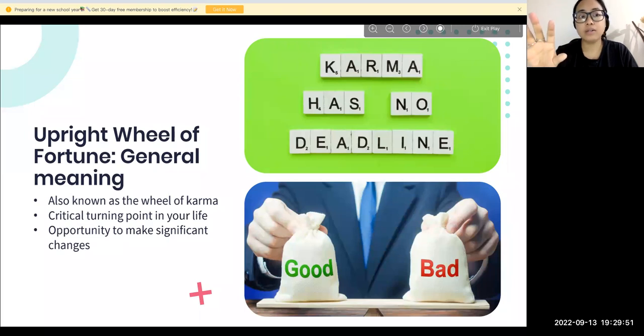For all the good karma you have done, you will get the reward, and for all the bad karma you have done, you will have to suffer. This is the law of nature. And you might ask me, then what is the benefit of karmic healing, right? Karmic healing has only one benefit: allowing you.